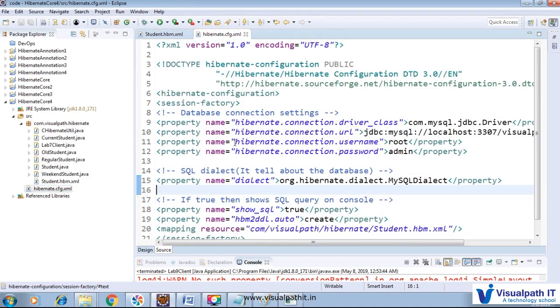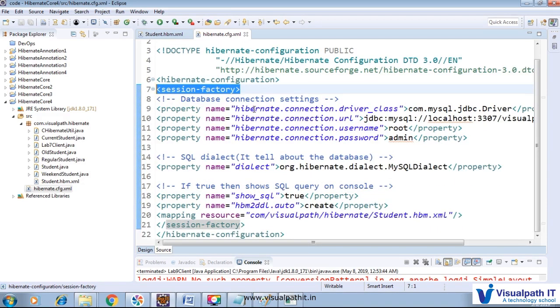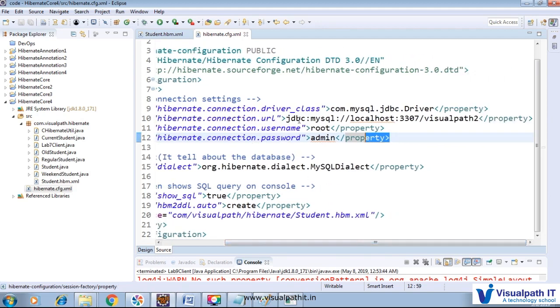The configuration file we have to provide will start with the Hibernate configuration and then the session factory. Session factory means it will point to a single database. So here is all the information related to a particular database. We have to register the driver class, URL, username, password, that we know. In the URL, we have to understand that it has an IP address; if it is running locally, then we have to provide a local IP address or localhost, and this is the port number. During the installation of MySQL we have to provide that port number. That port number we have to utilize here, and here the database we are going to utilize,